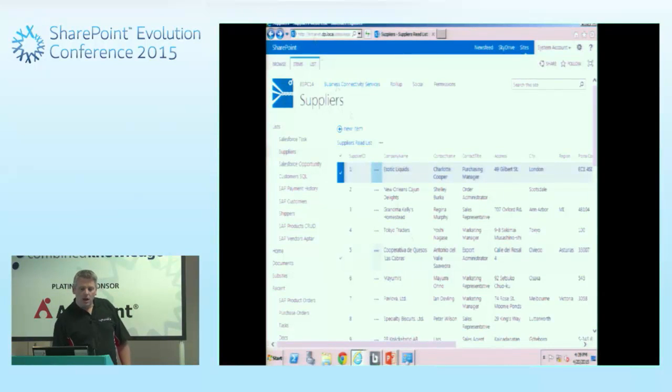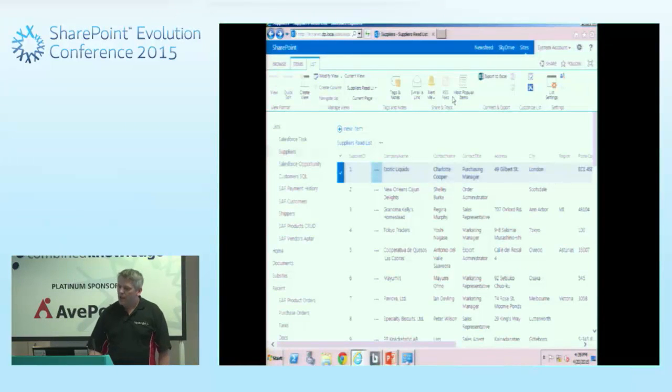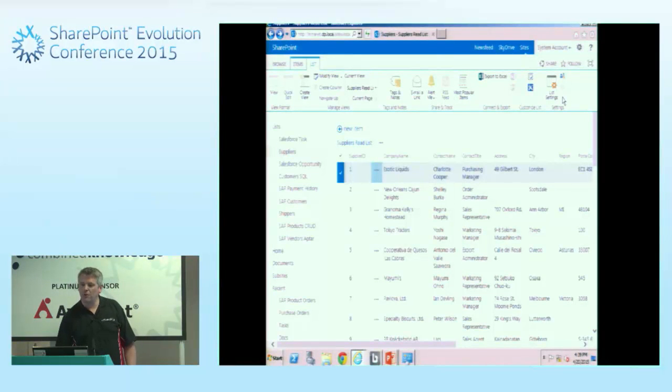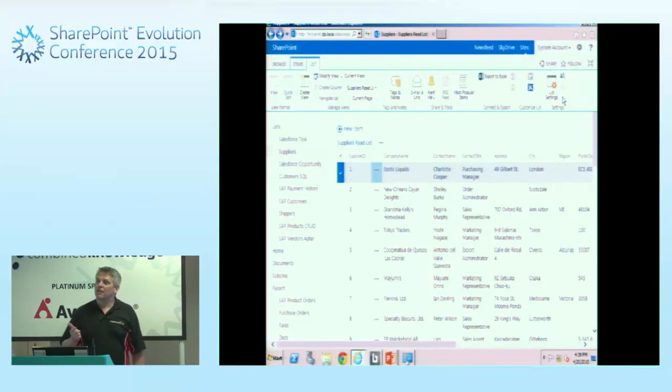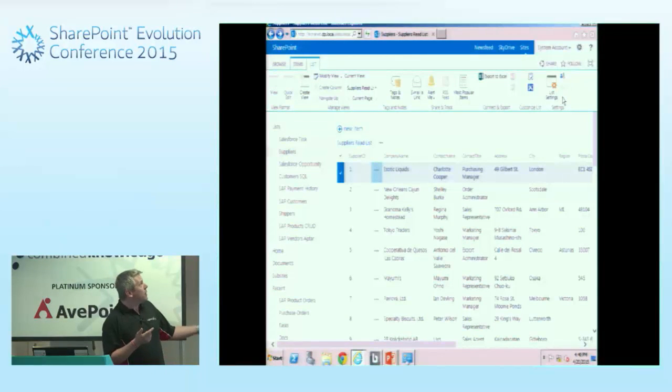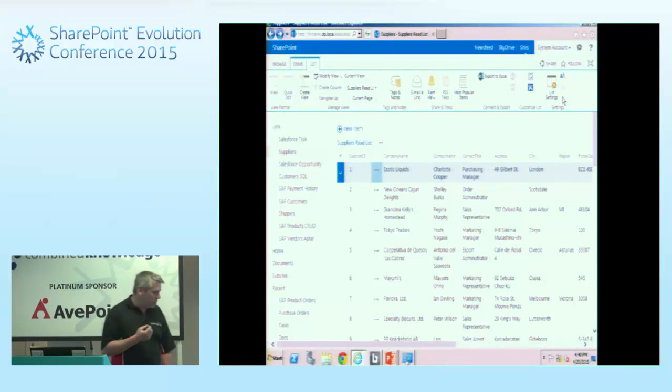Okay. Up at the top here is a list ribbon, and you'll see some of the things are grayed out. Workflow is one of them. RSS feed is another one. The ability to create a quick edit view or a datasheet view is grayed out. You can't do that either. So a number of things don't